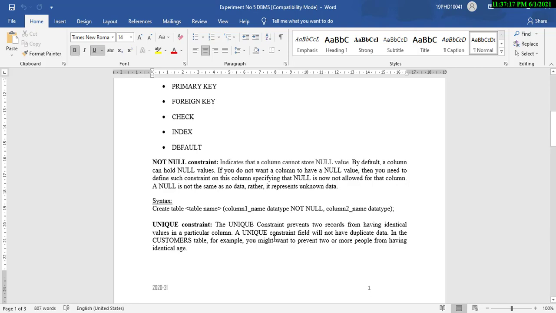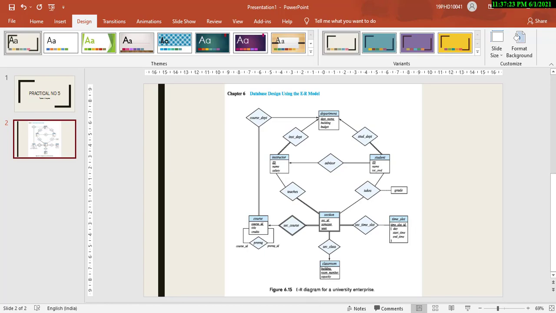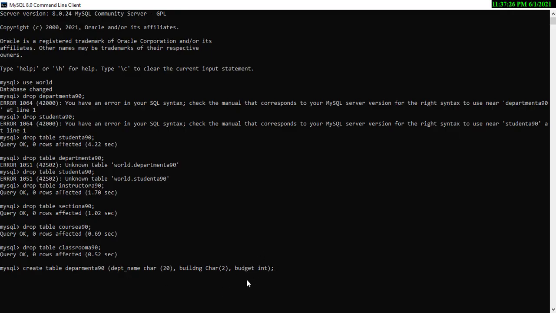So the first constraint is the not null constraint. Wherever you want to apply this constraint, if you want this department name to not be null, you can just type after the declaration of the attribute that it is a not null type of attribute.